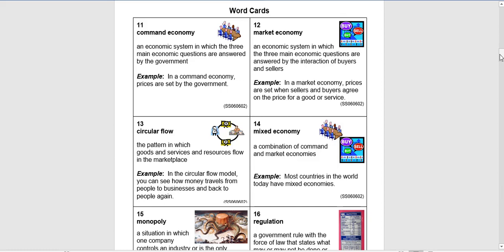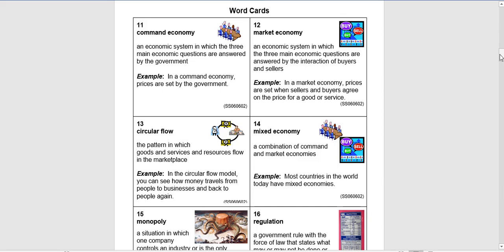a good or service. Word card 13, circular flow, the pattern in which goods and services and resources flow in the marketplace. Example, in the circular flow model, you can see how money travels from people to businesses and back to people again. And there will be more on this word card in a little bit in the lesson. You guys will have a video outside of the lesson to watch that'll help describe circular flow a little bit